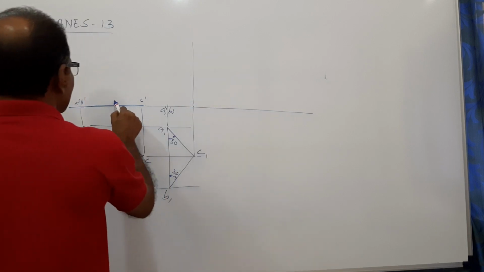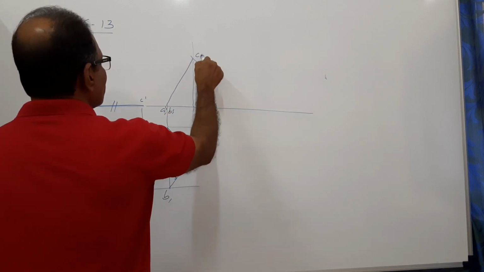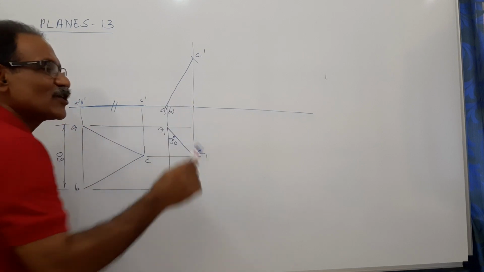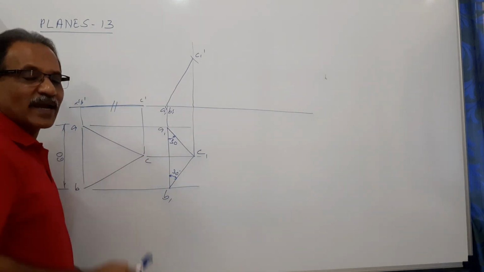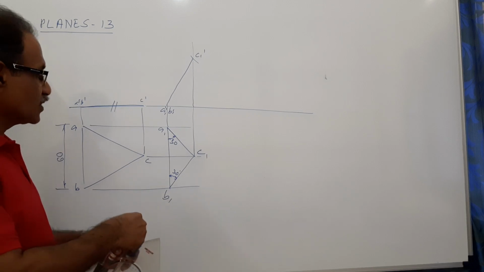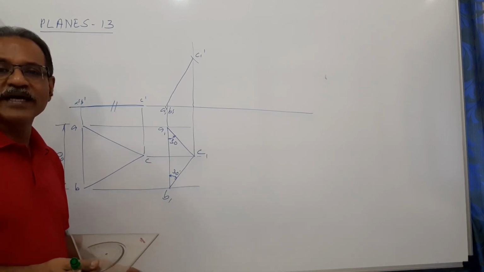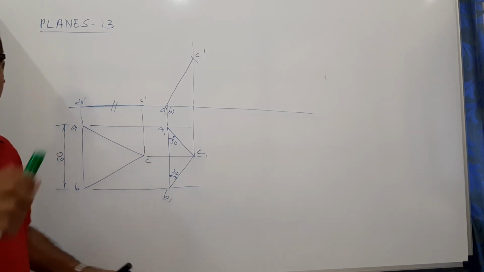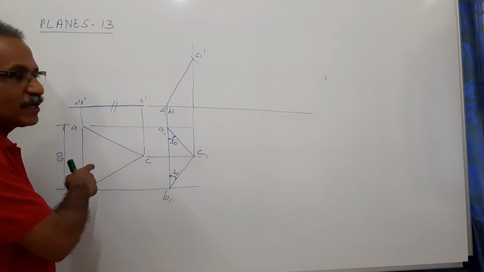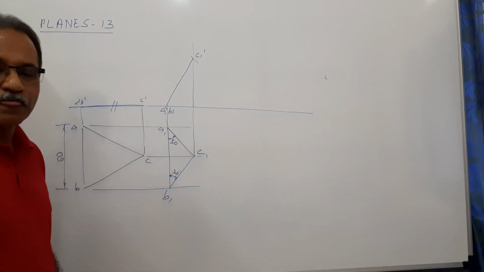Onto this projector, cut this line. C1 dash. So this is the angle. You don't know that angle. That's why we cannot draw that elevation first. You manipulate from the plan. Now, is it sufficient? No. Why is this not sufficient? The question says AB is on HP. Here let us examine whether AB is on HP. Yes, A1 dash, B1 dash on XY. So AB is on HP.